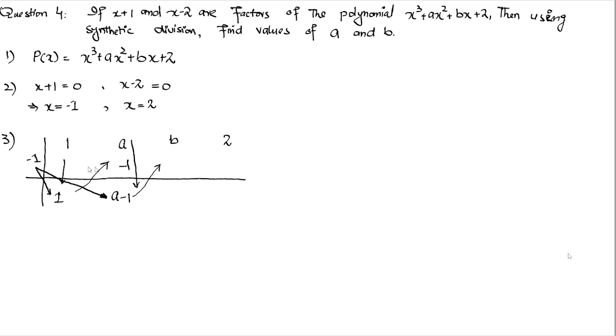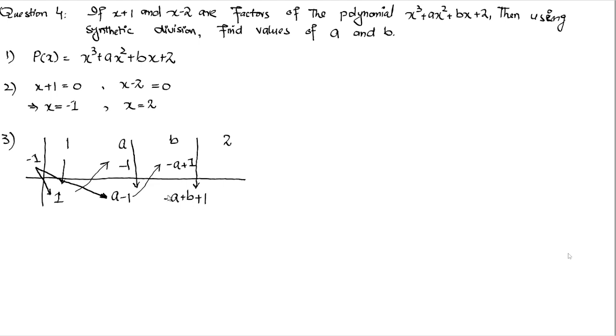So a multiplied with minus 1 is minus a. Minus 1 multiplied with minus 1 is plus 1. We will perform addition of the 2. So we have minus a plus b